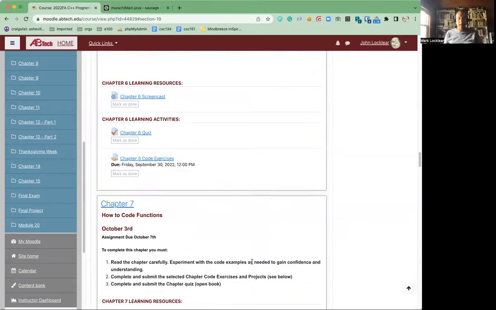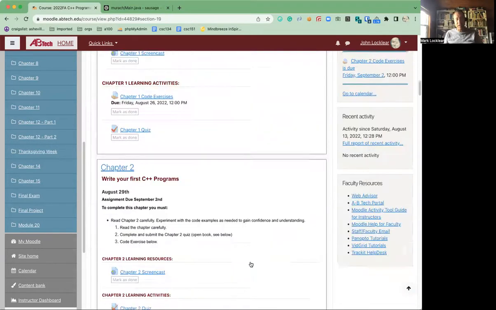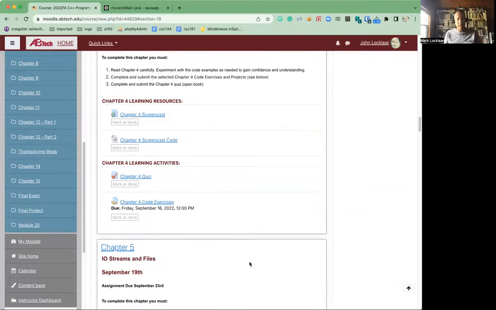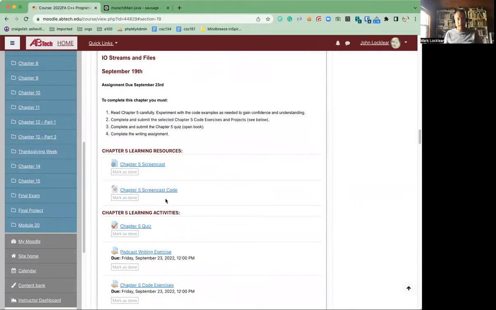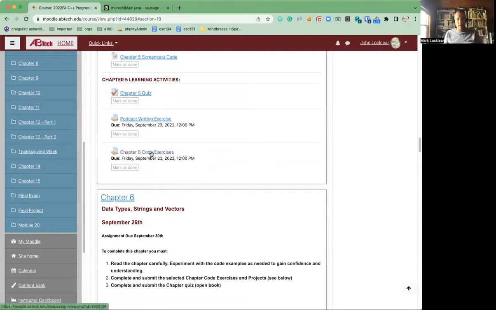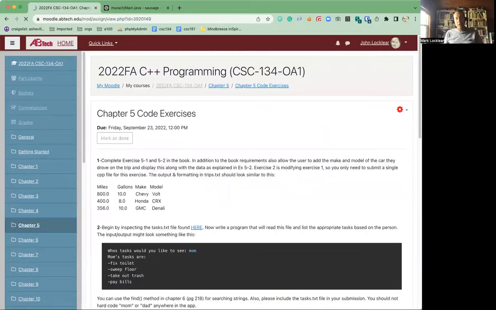Okay, so there's that. Let's look at a typical coding assignment. I'm just going to randomly choose chapter 5 here. So chapter 5. Generally you will have between 2 or 3, but generally